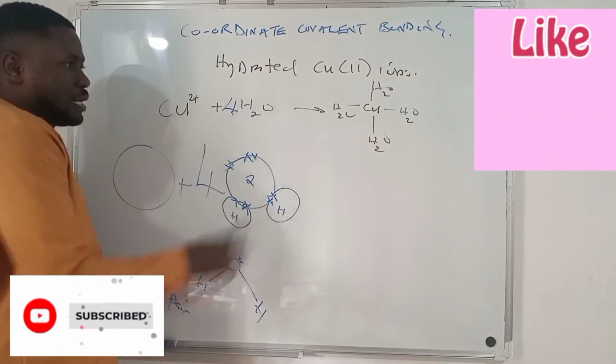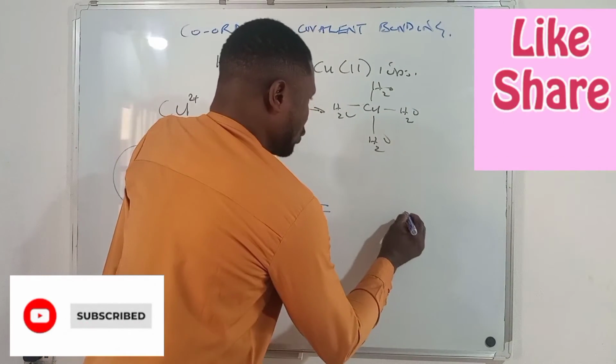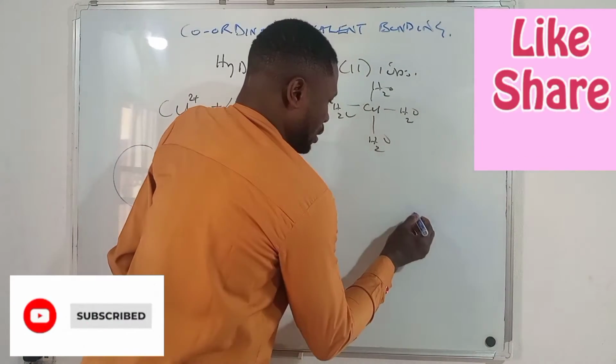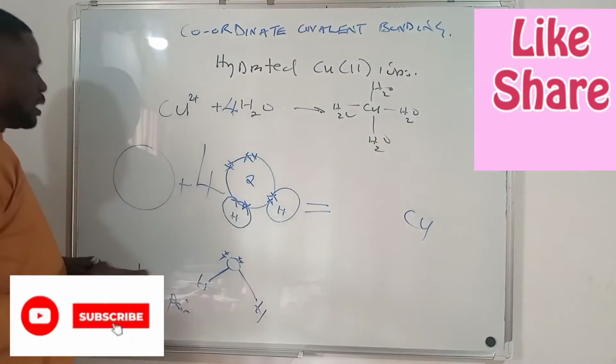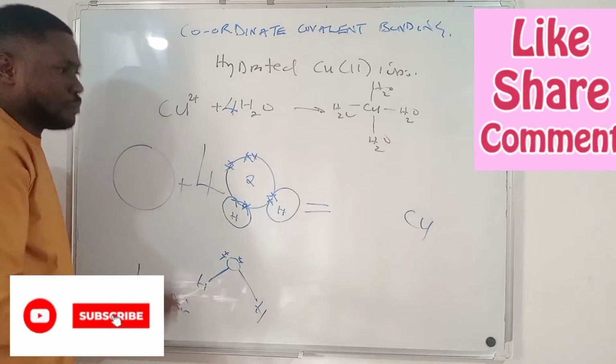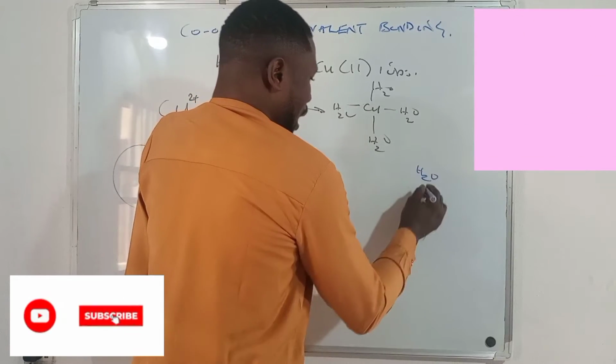So 4 of these. Now what you now have here is that at the end, the product is this. This is your copper that has nothing on this outer shell. Now this water, because there are 4 of them, one of the water will come and connect itself here and